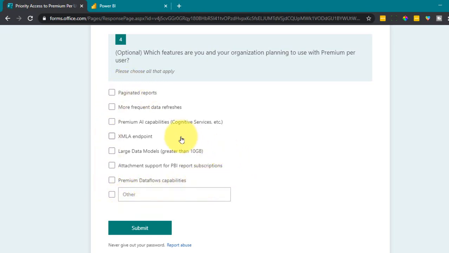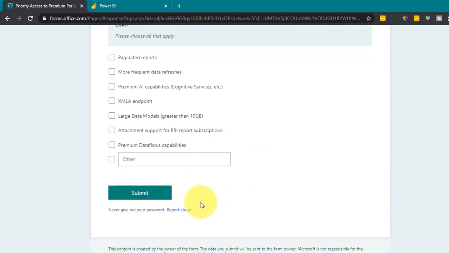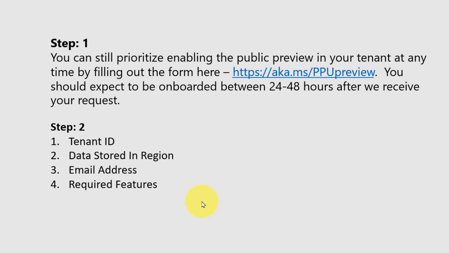So you can get all these features in premium per user if you tick these options like paginated reports, more frequent data refreshes, that is 48 times you can refresh, premium AI capabilities like cognitive services and Azure Machine Learning, XML endpoint, large data models greater than 10 GB, attachment support for Power BI report subscription, premium dataflow capabilities, and others if required. You can submit this form. Once you fill out this form, it will take 24 to 48 hours to activate your license.